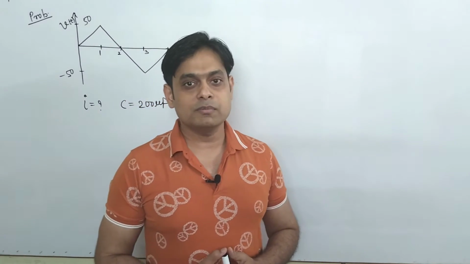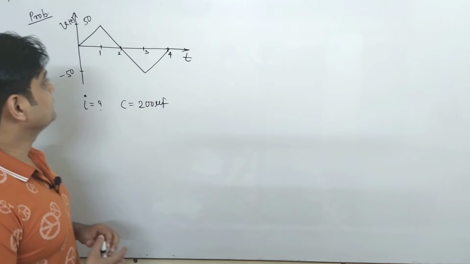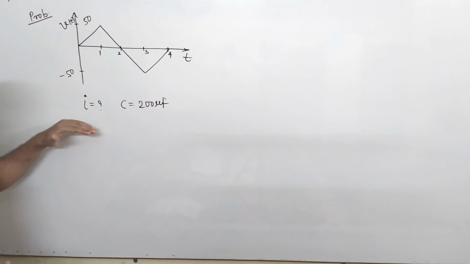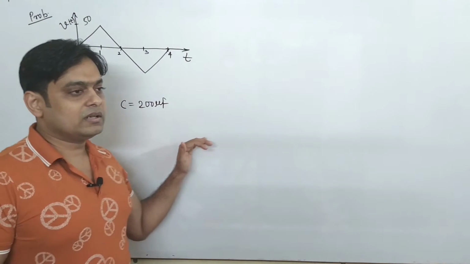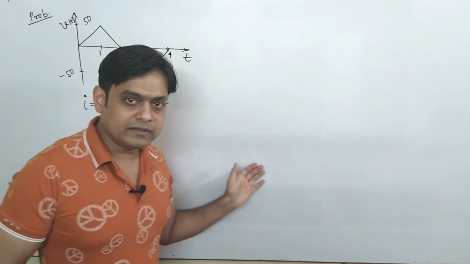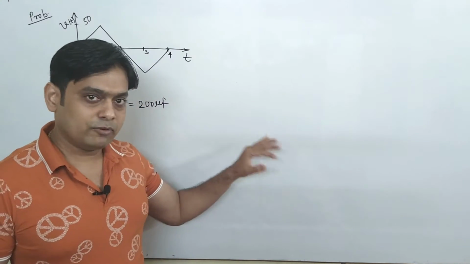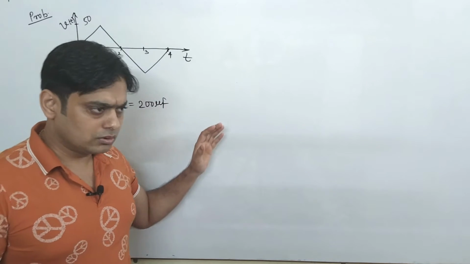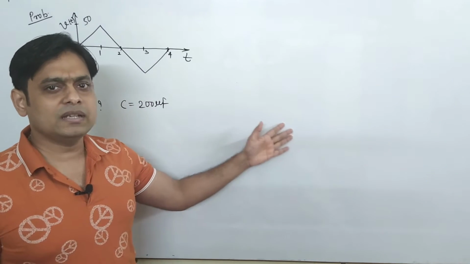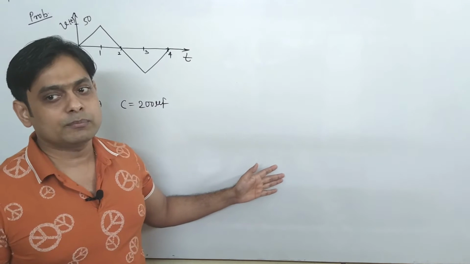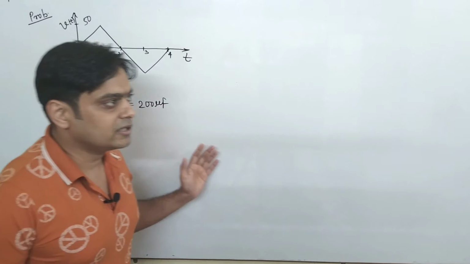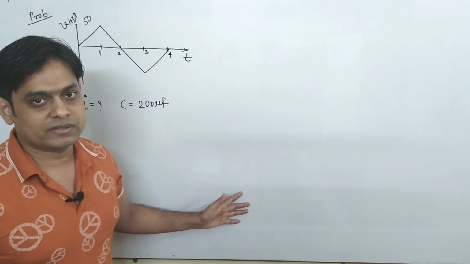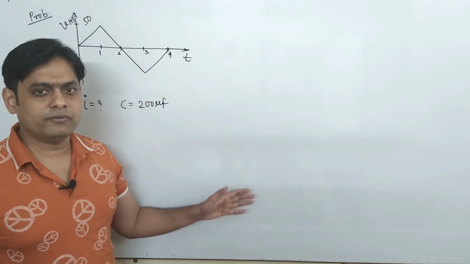Okay, so we start with the problem solving session, and this is our first problem. So friends, this is a voltage Vt. In this topic we are going to see different types of problems, so just try to understand the different techniques involved while solving problems based on capacitor and inductor. Once capacitor and inductor are introduced, there are a variety of problems in networks, so we will see all types of problems one by one.